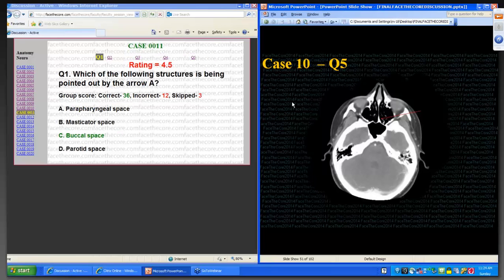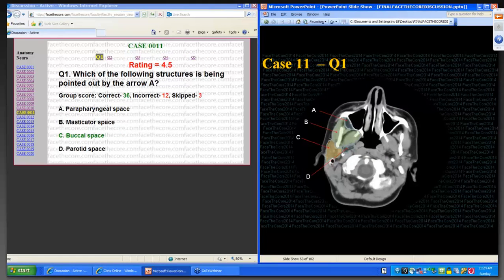Okay, case 11. Which of the following structures is being pointed out by the arrow? And so the correct answer is C, buccal space. Great. I'm sorry, it looks like there's a mistake here, but the correct answer should be the buccal space. But notice that